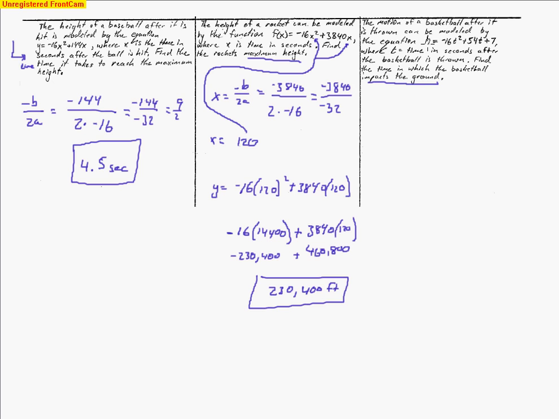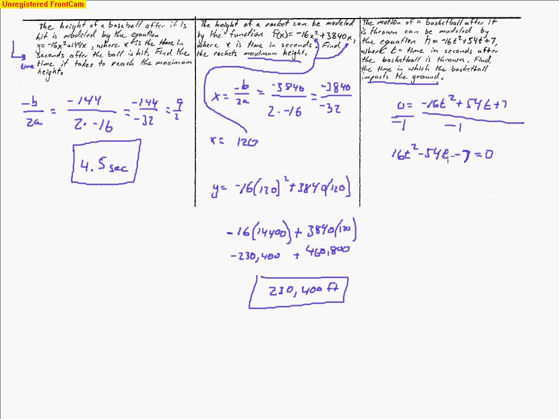So we're going to set this h equal to 0, so negative 16t squared plus 54t plus 7. And so when I do this, I like to get rid of this negative sign here, so I'm going to divide by negative 1. And so when I do that, I now have